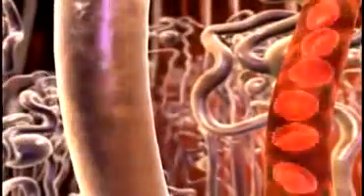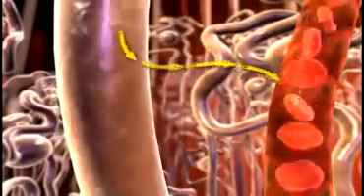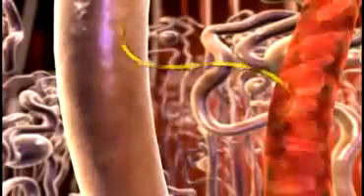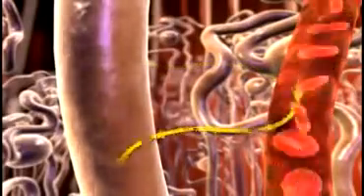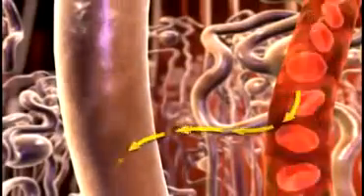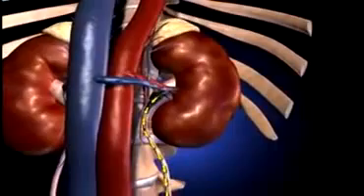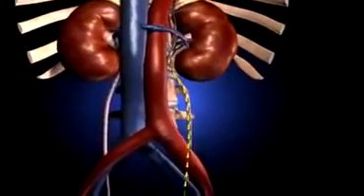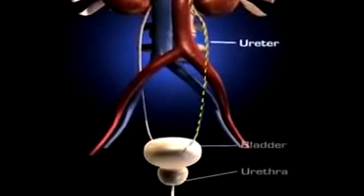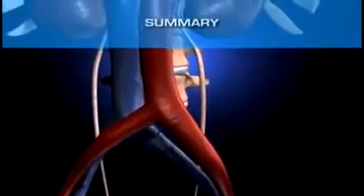Here, through tubular reabsorption, electrolytes and nutrients move from the filtrate back into the bloodstream. Here also, through tubular secretion, substances move from the peritubular capillaries into the urine filtrate. The filtrate concentrates in the collecting tubules, then finds its way to the renal pelvis, where it is directed to the ureter, the bladder, and the urethra for elimination. The kidneys perform